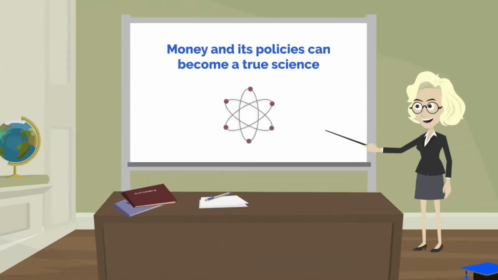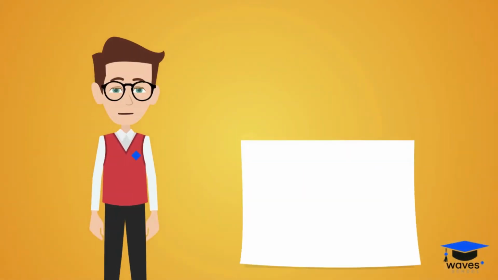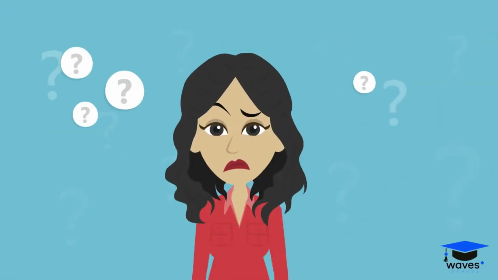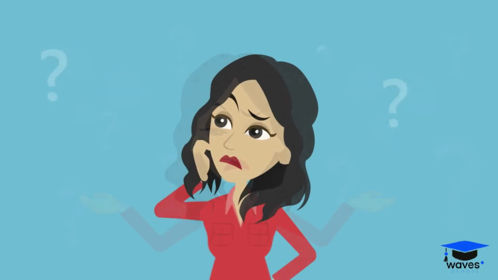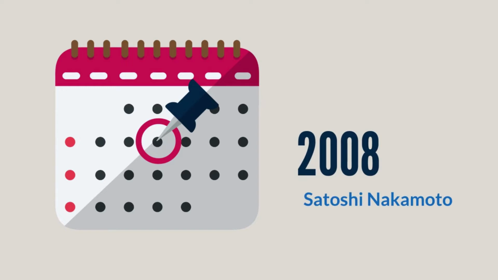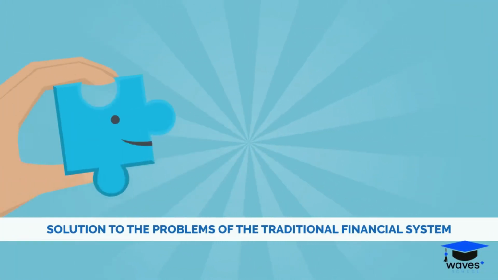As we've seen so far, money as well as its policies can become a true science, and surely you're thinking, what does all this have to do with cryptocurrencies? The answer is very simple. If you really want to get to know cryptocurrencies in depth, you must know in depth the problem they want to solve. In 2008, Satoshi Nakamoto introduced Bitcoin to the world as a solution to the problems of the traditional